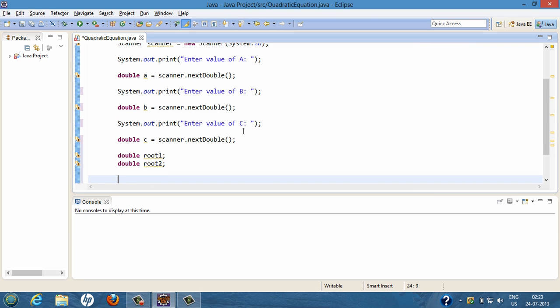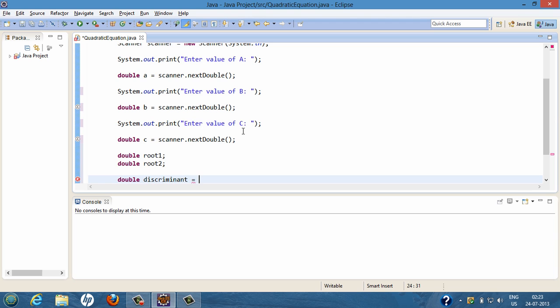We have created two variables which will hold the roots of our equation, root 1 and root 2. Now we'll create another variable by the name discriminant. Here the value of discriminant would be, as we saw in previous slide, b square minus 4ac.